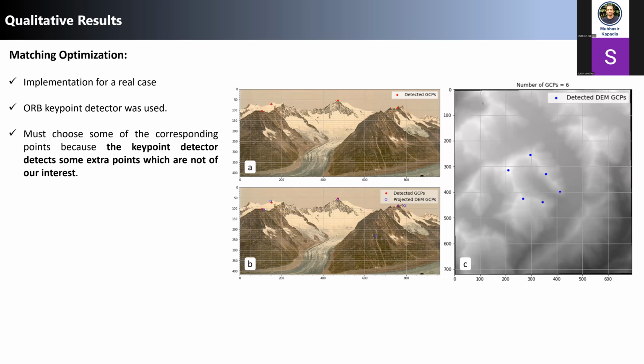And then for matching optimization, I implemented for a real case. In this case, the ORB key point detector was used, and